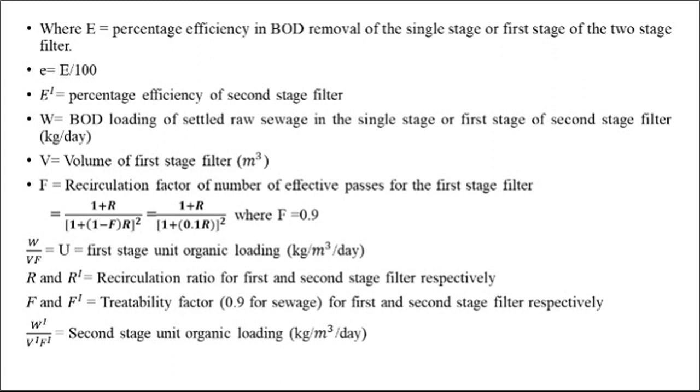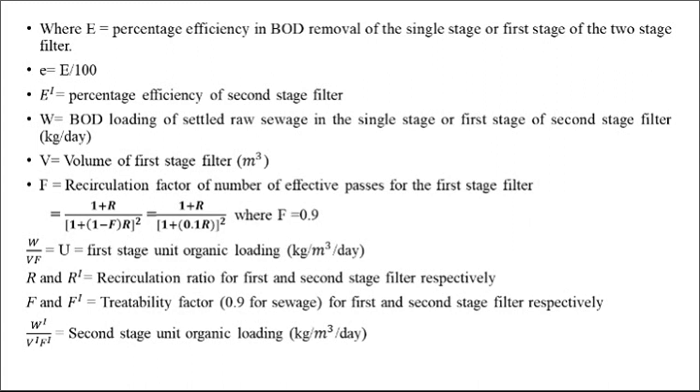W is the BOD loading of settled raw sewage in single stage or first stage of two stage filter in kg per day. V is the volume of first stage filter in cubic meter. F is the recirculation factor or number of effective passes for the first stage filter,